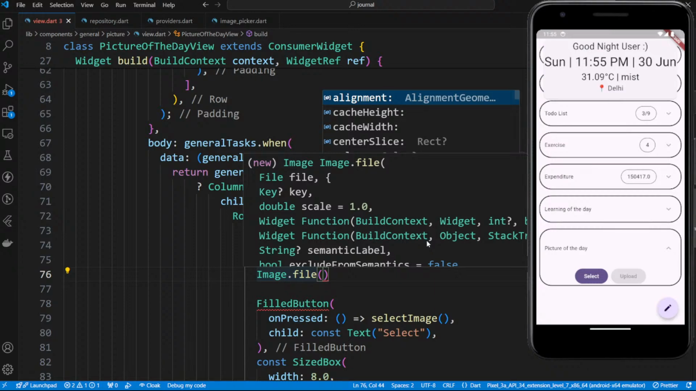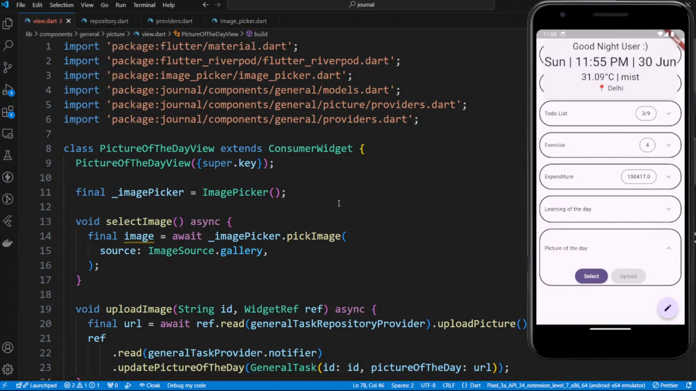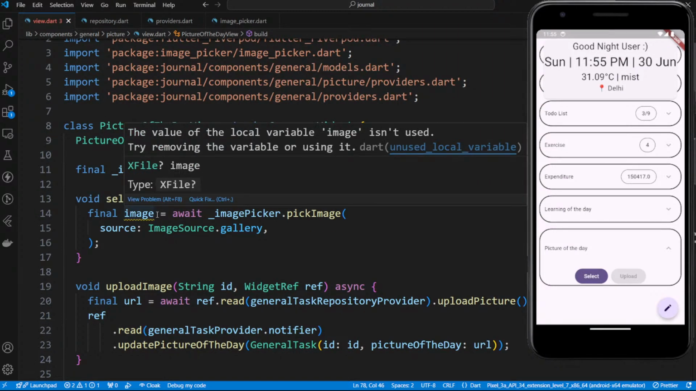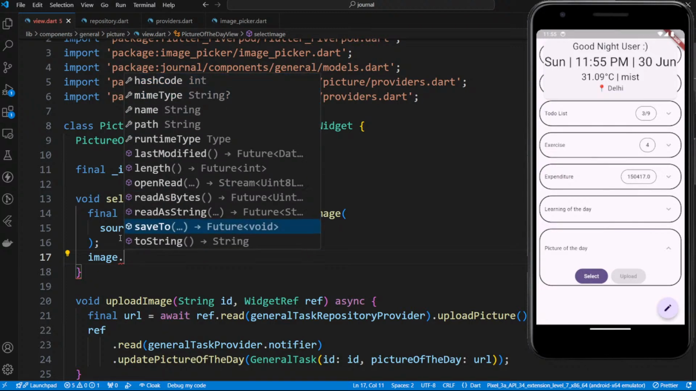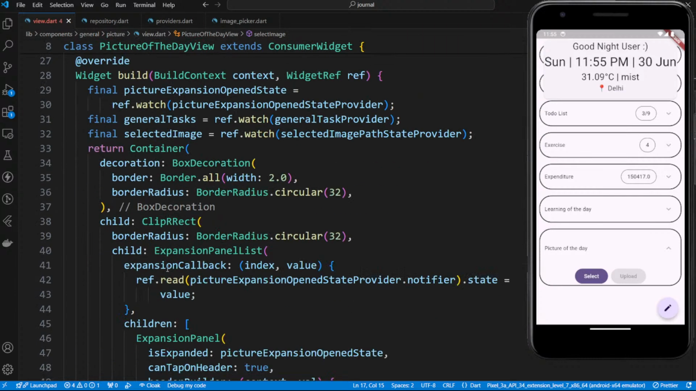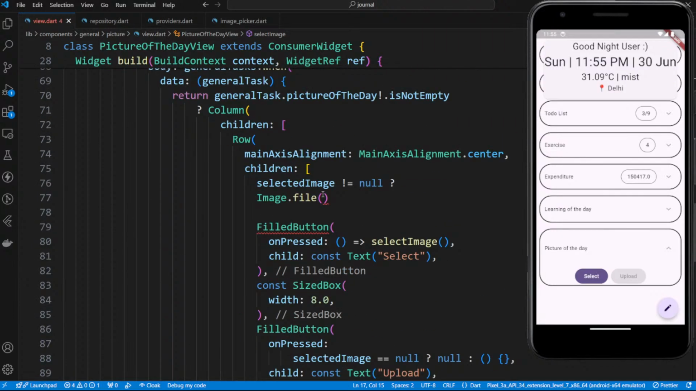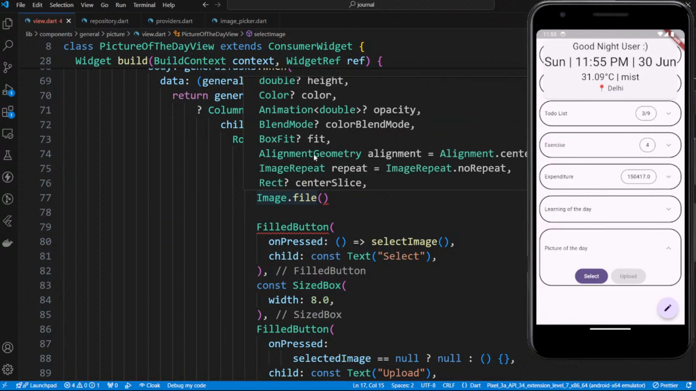So here, if you see, you get an XFile, right? So image name, we can get the path of it. So if you get the path and the file cannot be then this, so